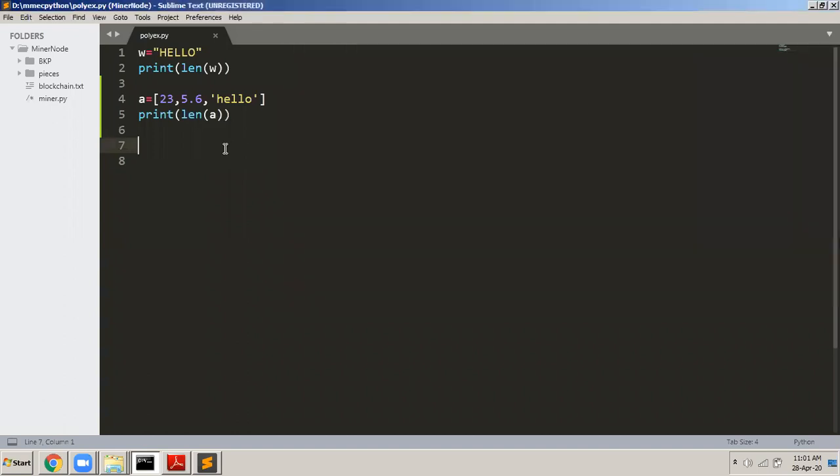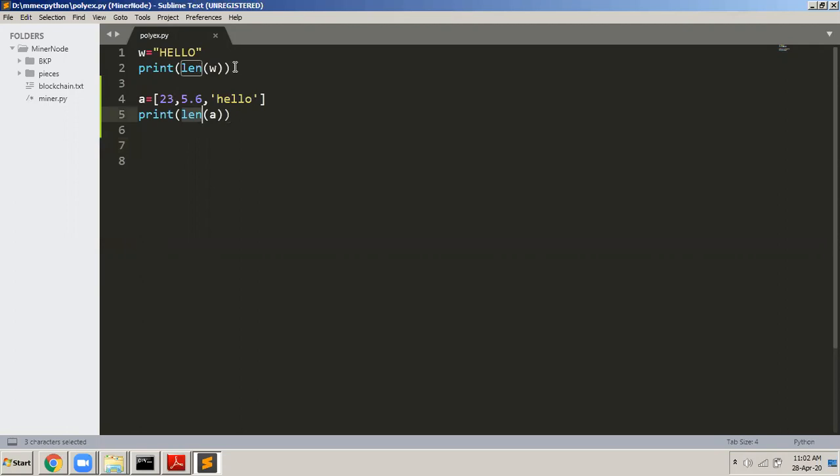Okay. So now here the len function is a polymorphic function. Len is a polymorphic function which is taking 2 different parameters at 2 different times and still giving me the length. In the first case, the len function is taking a string as a parameter and giving me how many characters are there in it. And in the second case, it is taking A as a parameter, and then it is giving me the length of the list here. So len is the same function, but it is working in 2 different forms.